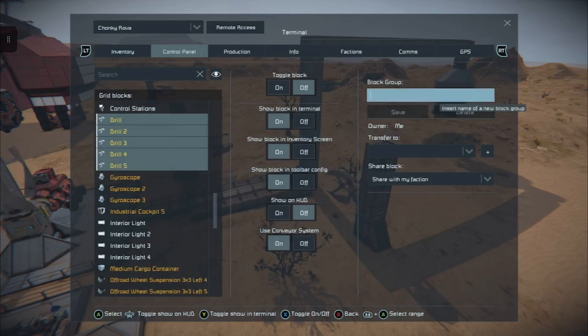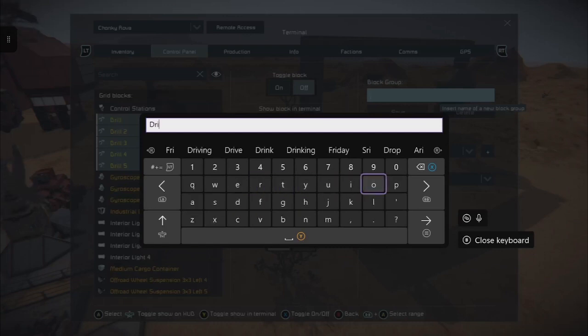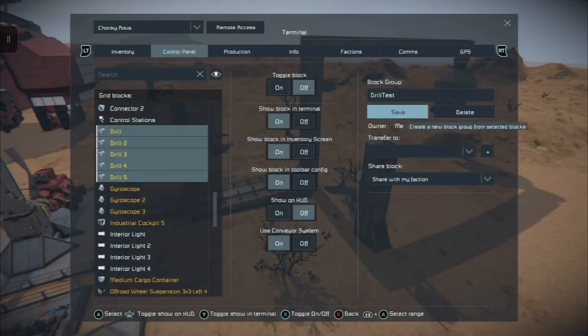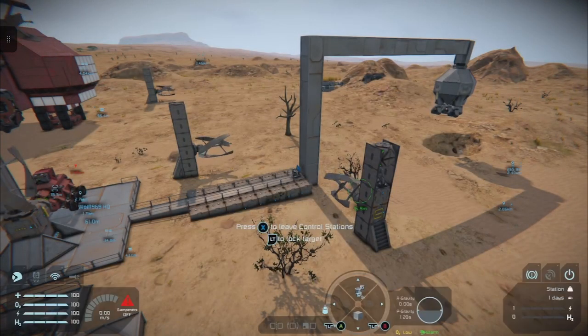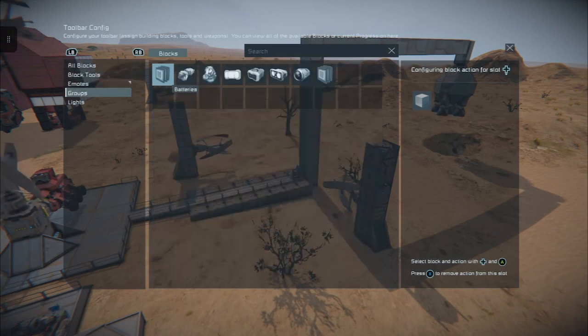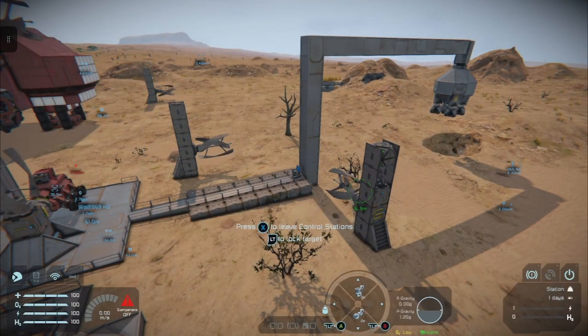Use the stick, move across the block group, and just name it something like this. Save it off, and then you want to pop those on the D-pad, hold down the direction, tap the right bumper till you're on your drill test group, toggle block on off, start our drills.